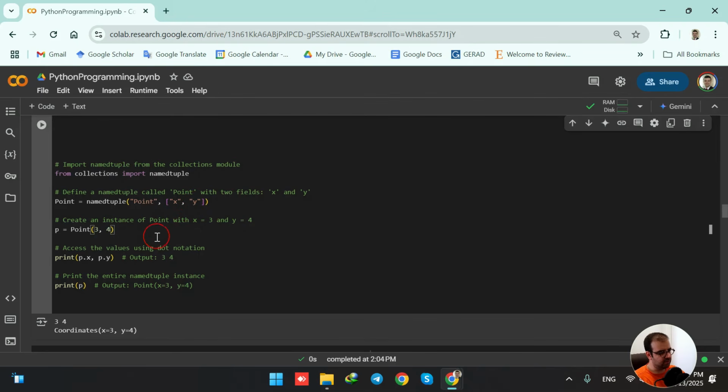And in order to access the values, we can use dot notation. So we use the print function. We will have p.x and comma p.y to access these 3 and 4. And also we can print the entire named tuple instance. So when I run this code, for this line, p.x and p.y, we are having numbers 3 and 4 that